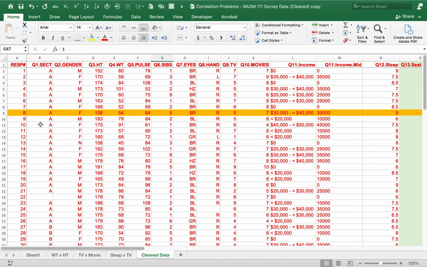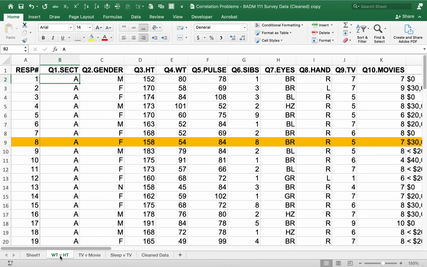And what I usually do is I always go back to the first page here, which is called clean data or original data or whatever, and I highlight everything and then change it red so that it tells me, hey, don't mess with this data. You can make copies of this, but don't mess with the page that has the red data, because that's the original data. So anyways, I've made a copy here,